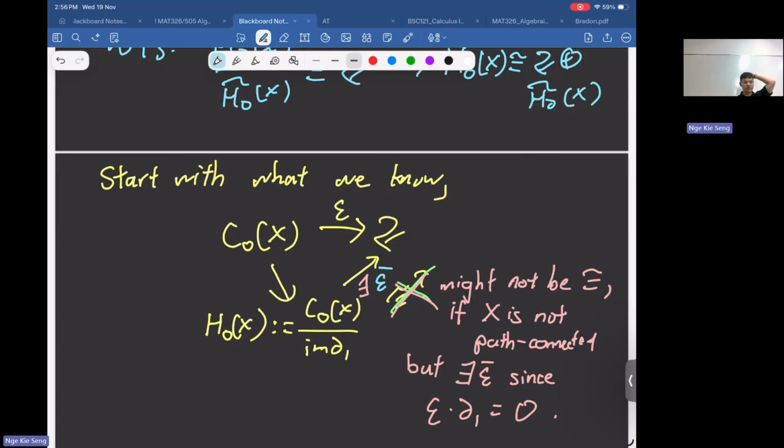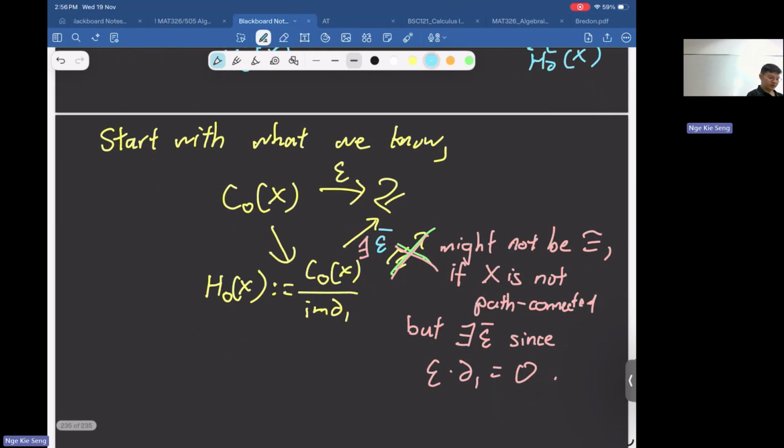But then we can further quotient, right? We can further quotient it to get a real first isomorphism theorem. So we build another ladder up. So H naught X quotient by this kernel of epsilon bar, and then go up to Z. We will take this to be the isomorphism. Okay. So the question here is